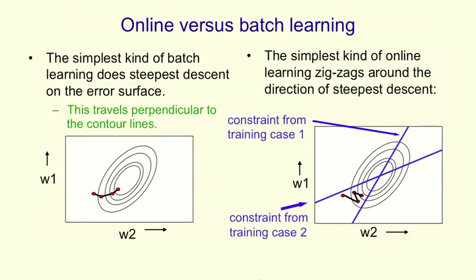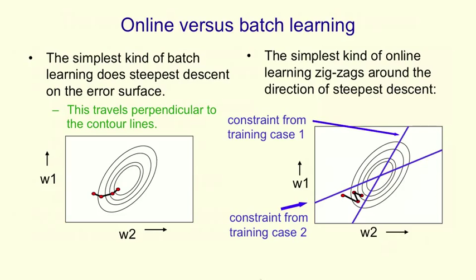Using this error surface, we can get a picture of what's happening as we do gradient descent learning using the delta rule. So what the delta rule does is it computes the derivative of the error with respect to the weights. And if you change the weights in proportion to that derivative, that's equivalent to doing steepest descent on the error surface. To put it another way, if we look at the error surface from above, we get elliptical contour lines, and the delta rule is going to take us at right angles to those elliptical contour lines, as shown